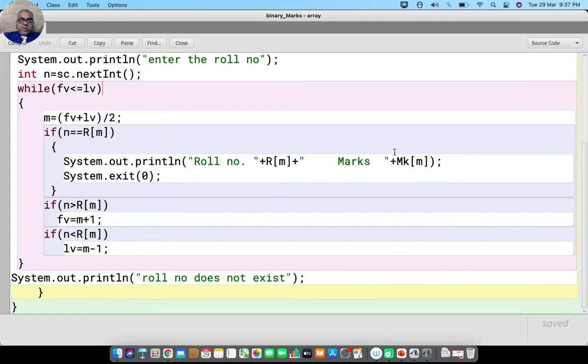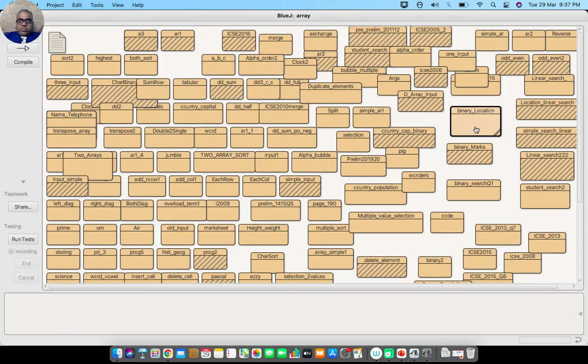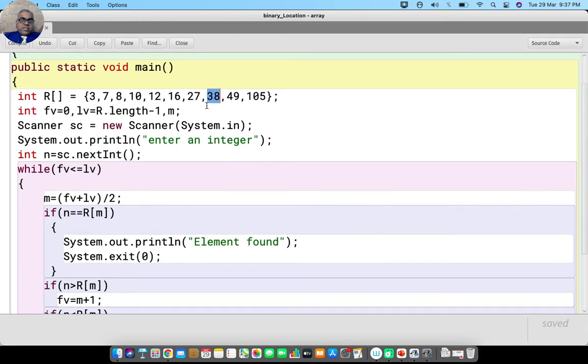I also have corresponding values, and I'll also get back to the location. Which is the location? For example, if I say 38, from a human point of view it is 1, 2, 3, 4, 5, 6, 7, 8, the eighth position, which is my M. Now the index numbers are 0, 1, 2, 3, 4, 5, 6 and 7, so my M will find 7. While printing, I am going to say M plus 1 because this is the cell number.